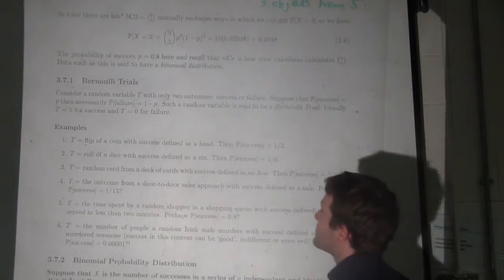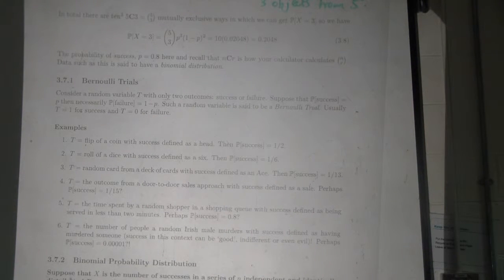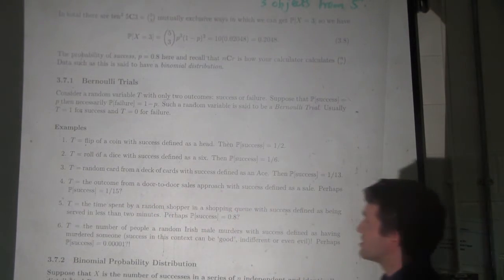So suppose you have a random variable with only two outcomes, success or failure. Now you have to understand success doesn't have to be a good thing, it just means something that you're counting. For example, the flip of a coin, with success defined as a head. Probability of success is a half. Or rolling a dice with success defined as a